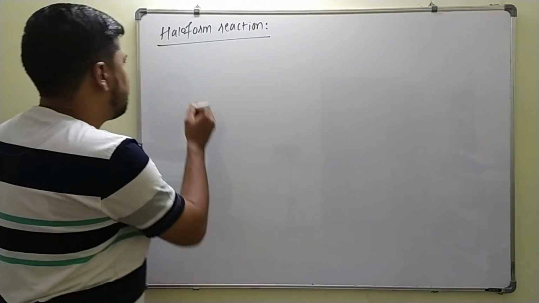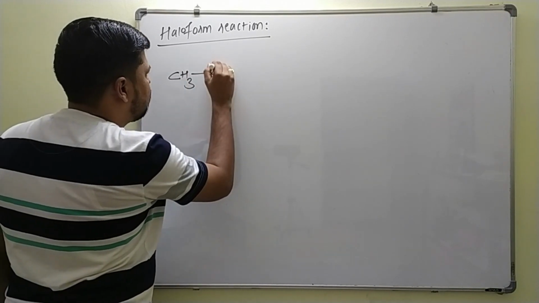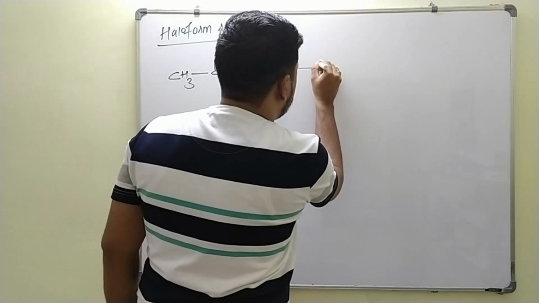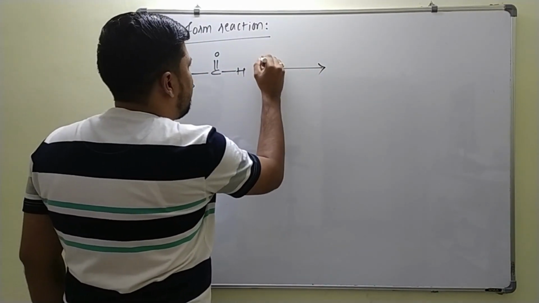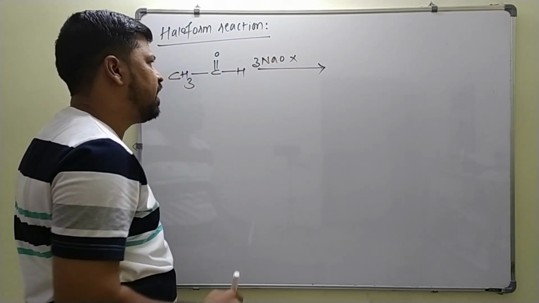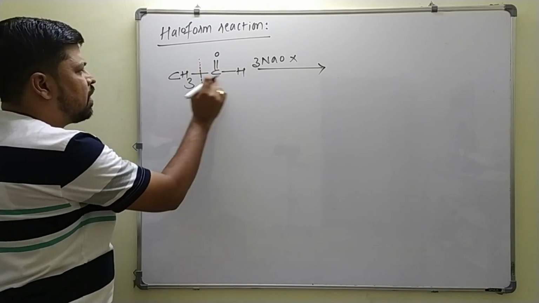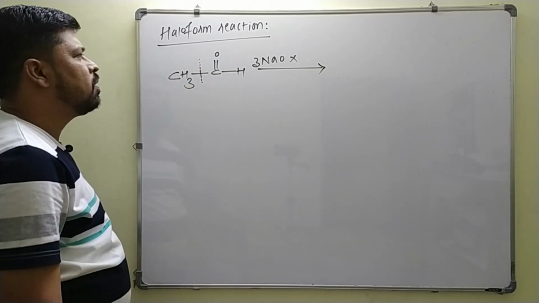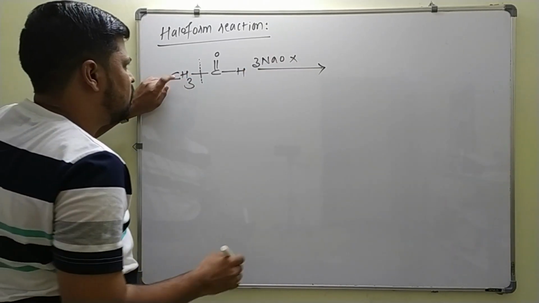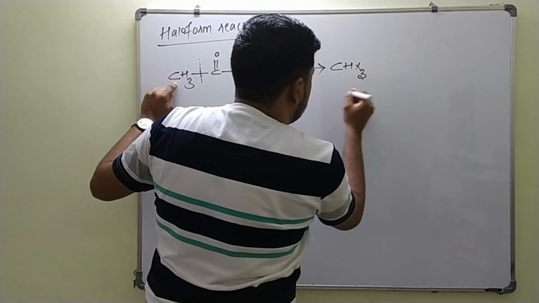Now for example, if I take acetaldehyde, this on treating with sodium hypohalite, NaOX, you take 3 times NaOX, and here you just break this carbon-carbon bond before the carbonyl group. Here you add 3 halogen atoms to this carbon, so you form a haloform, that is CHX3 is formed. This is your haloform,